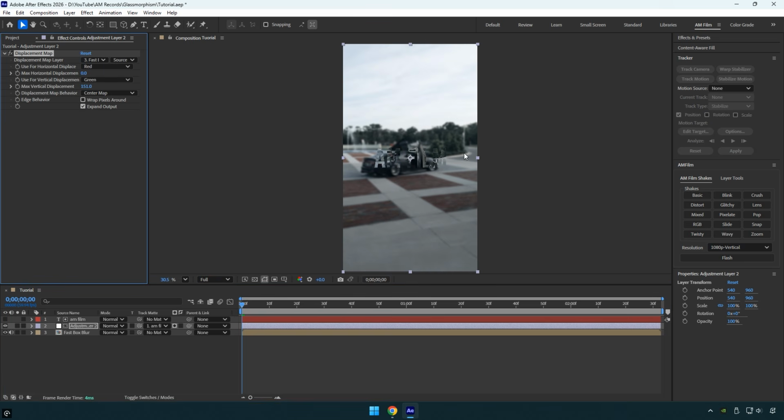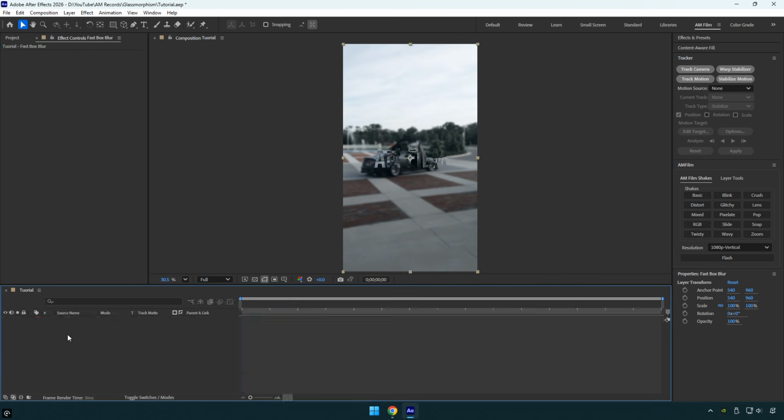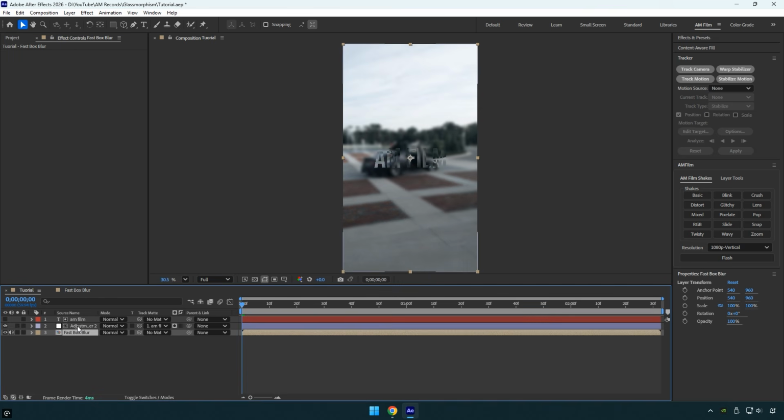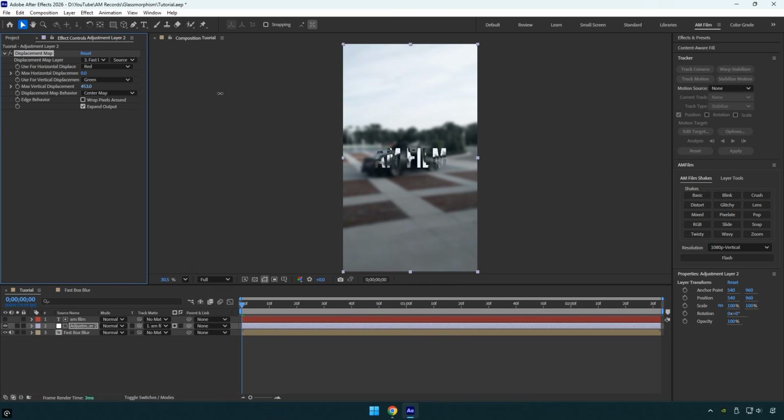If the effect looks too subtle, double-click the Fast Box Blur composition and increase the blur radius in the Fast Box Blur effect. I will set it to 10. Now return to the main composition and the effect should look much better. Select the adjustment layer and increase or decrease the max vertical displacement until you are satisfied with the look of